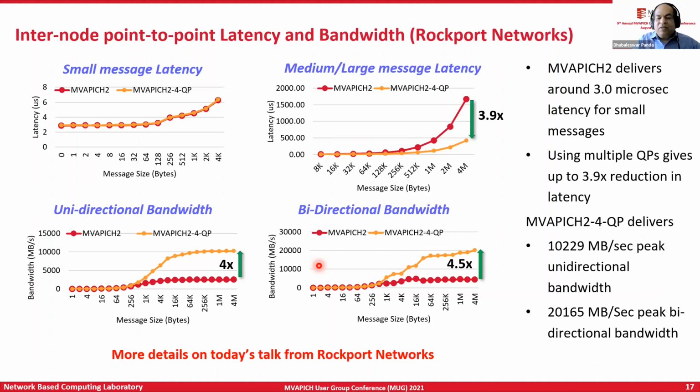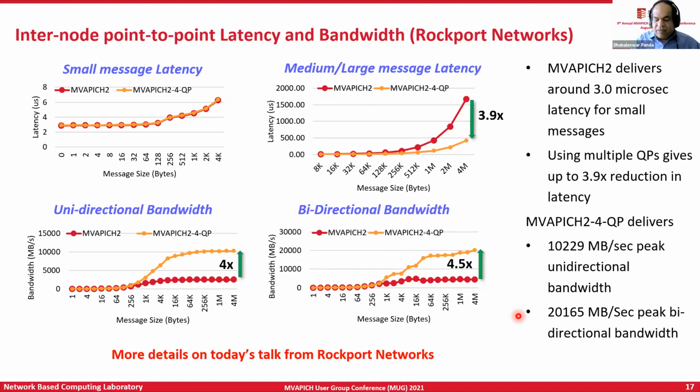This is a new kind of switchless network. We are trying to have a very tight integration of our MVAPICH2 with their network. Here you will see that by appropriately using multiple queue pairs, in this case 4 queue pairs, we are able to reduce the latency for large messages, with almost 3.9x improvement, and also 4x and 4.5x improvements. The Rockport network also has a lot of additional features. We are working with them. We have an initial release, in fact 2.3.6 would be working,